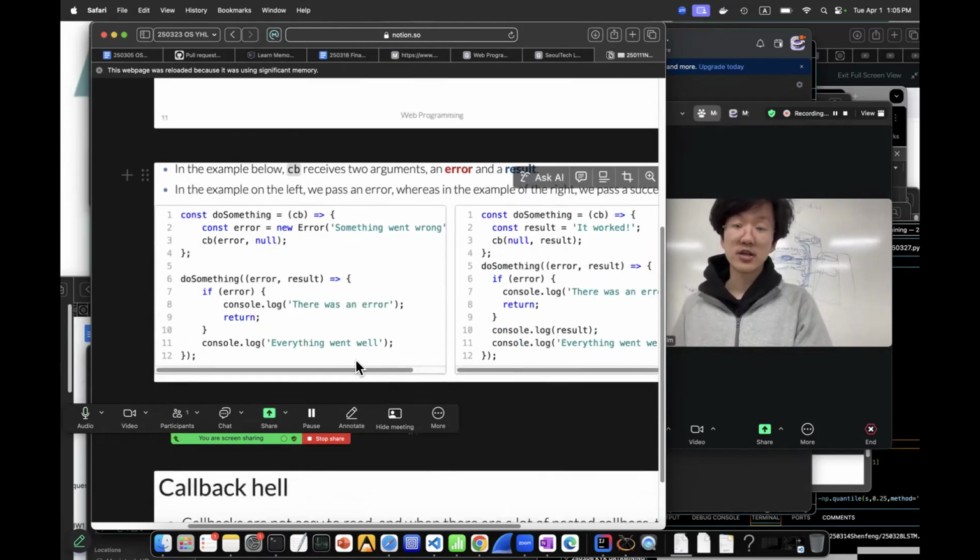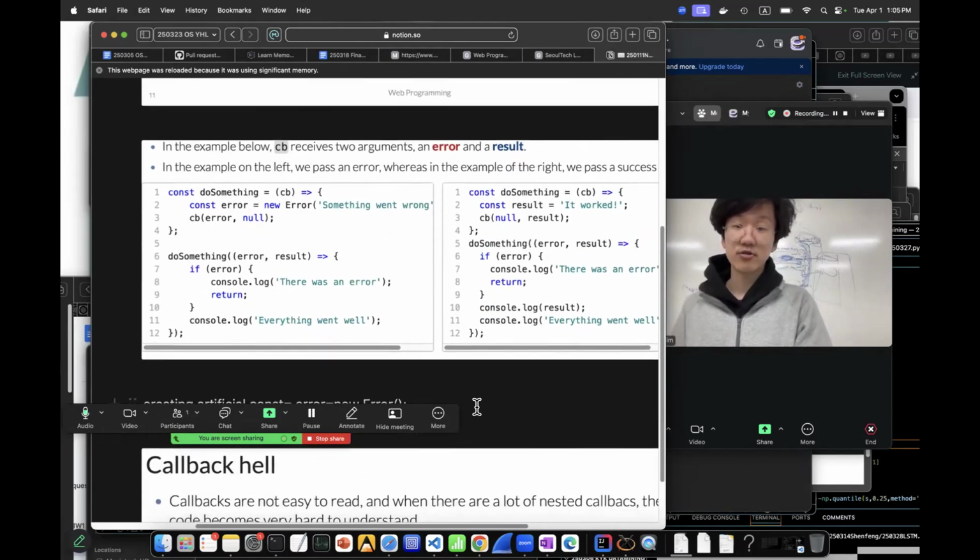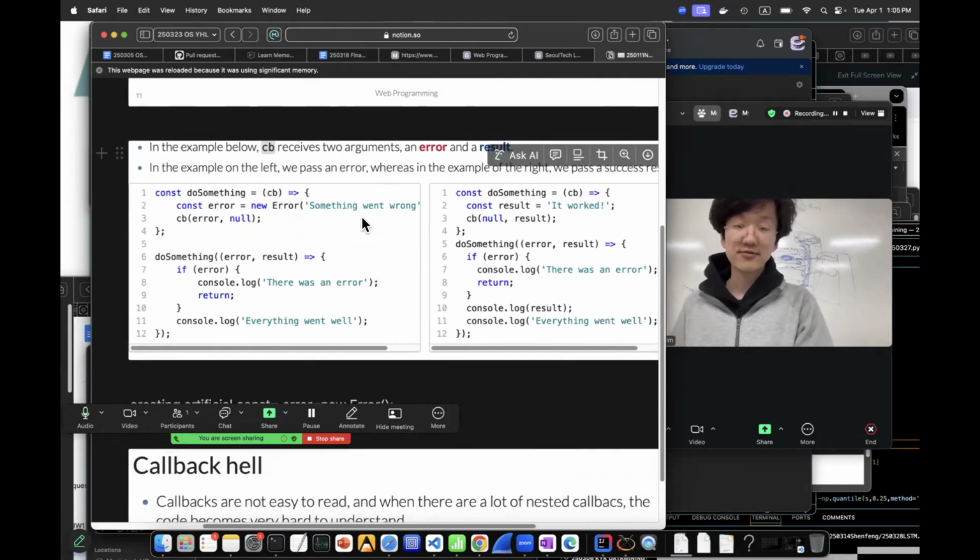After that, this is how we do error handling. It's the same, but on the left side we will make an error, and on the right side we will make it work. The function doSomething gets an argument, cb, which is a function, and calls it with error comma null. doSomething is doing error comma result.